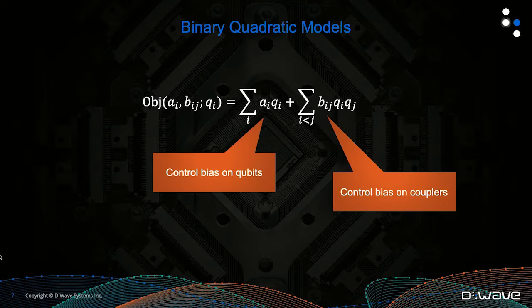You can think about this when we think about the quantum processing unit, the QPU, as we have qubits. These are like our linear terms. And we have couplers connecting pairs of qubits. These are like our quadratic terms. And so when you look down at the hardware level, this is really what we have to play with in this binary quadratic model. Now, what we can control are the coefficients on these linear and quadratic terms. In this expression, those are the A's and the B's. We're going to choose values for these A's and B's to model our problem.